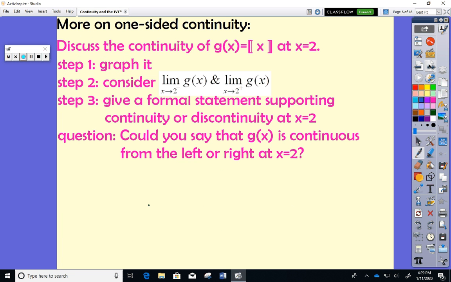All right, so discuss the continuity of g of x, the greatest integer function, at x equals 2. Okay, so let's start with graphing it. I'm only going to graph the part of the graph that I need to look at, so I'm not going to worry about graphing a lot of stuff in the third quadrant. So I've got 1, 2, 3, 1, 2, 3. I know that g of 0 is 0, g of 1 is 1, g of 2 is 2, and